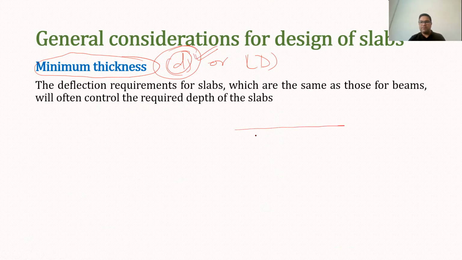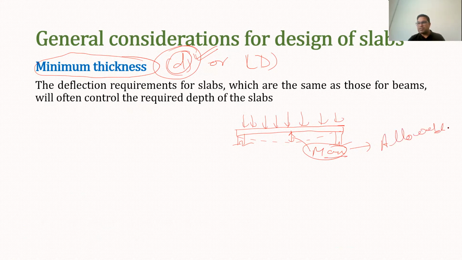So for example, if we have this slab, and if it is supporting on two ends, because of this UDL, it will deflect downward like this. So this is the maximum deflection which generally occurs in the center. So one way is we calculate this maximum deflection, and then IS code gives some allowable limits. So if this maximum deflection is less than the allowable limits of deflection, then we say that our slab is fine.